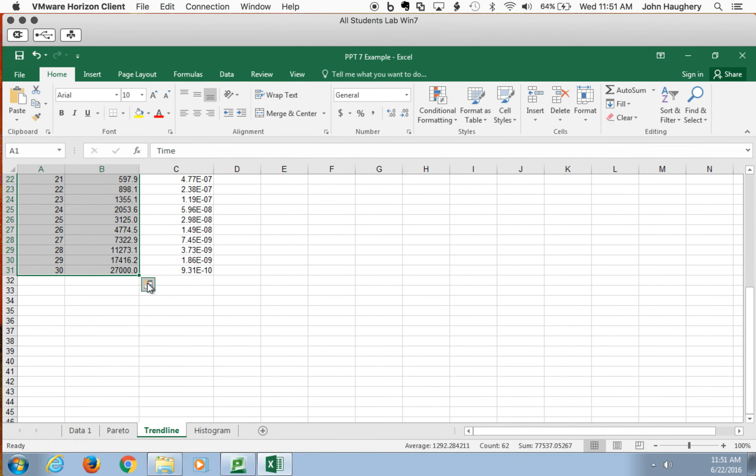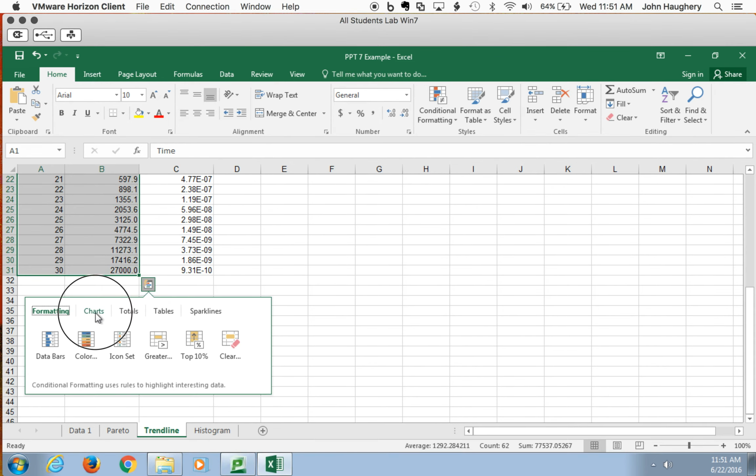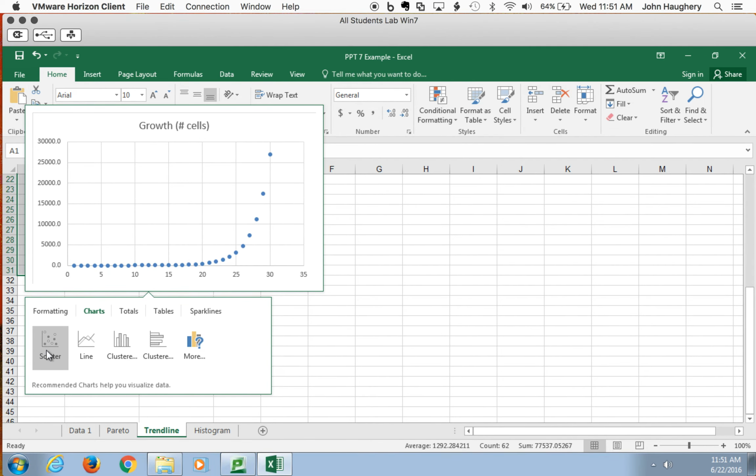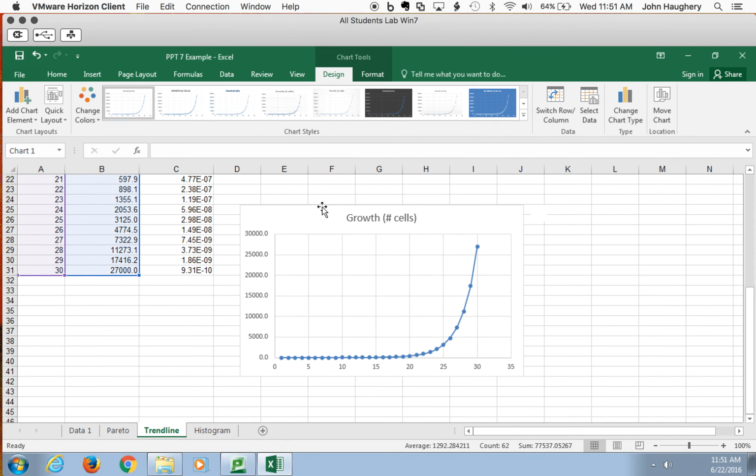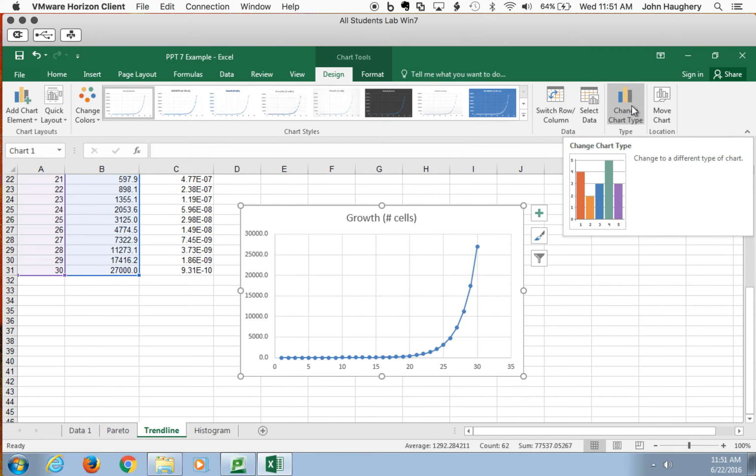So we select that data. I can also come down here and click on this quick analysis. Either just hover over it or do Control Q. And I can come over here to charts, and I'll do scatter, because remember, scatter allows us to do the trend line. I have my scatter chart here, and I can come into design, okay, and I can select even maybe